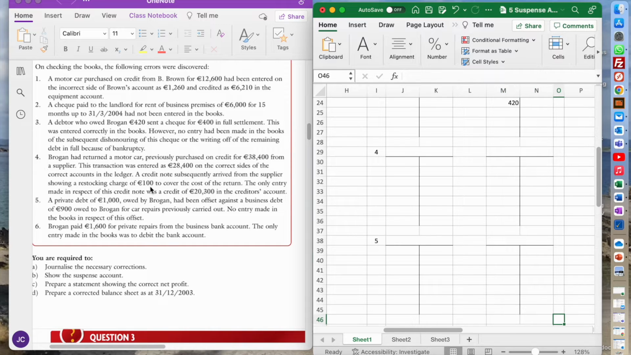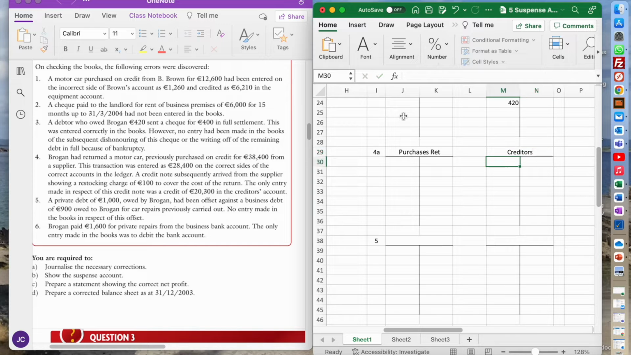So Brogan returned a motor car. So remember his business, he is a garage owner, so when he returns a motor car, that's going to be purchase returns. Now, that's the first one. Now, he returned a motor car, bought on credit 38. Transaction was entered the wrong amount on the correct side of the ledger. And then later on, there was a restocking charge. So I'm going to do this as 2 parts. So I'm going to call this first one 4A. So this is just the fact that the purchase returns and creditors